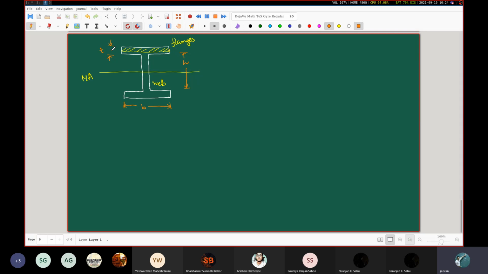This is t, let's say. It could be T1 and T2 here, but for the sake of simplicity, we can say that this is T as well as this thickness is also T. Now, more generally, these two thicknesses will be different. So when we calculate our y like this, we are going to get one expression, and alternatively, when we take, let's say, a section here, we are going to obtain a completely different kind of